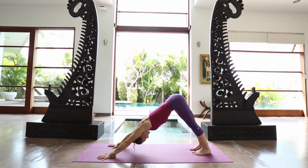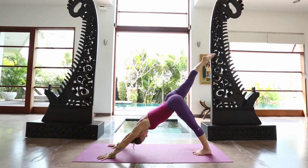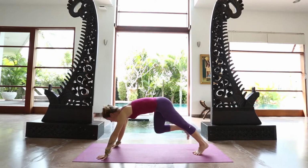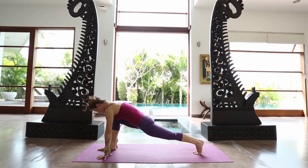Take a deep breath. Inhale, bring the right leg up and bend it. Stack the hips, scorpion tail. You can kind of look underneath your right shoulder. And then step all the way forward between the hands into a low lunge. We're going to open